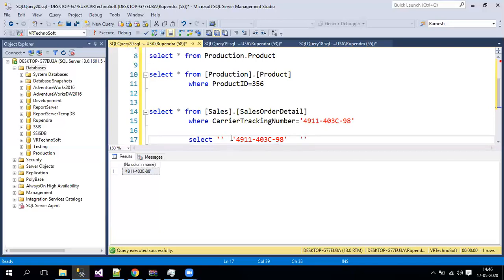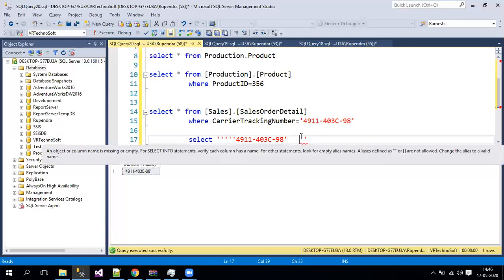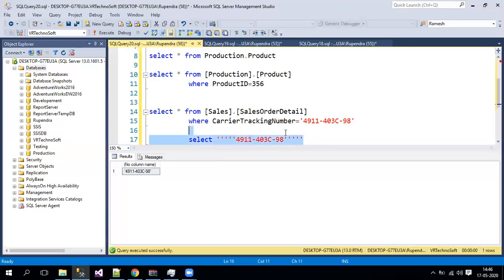So let me show you the string which I am passing, right? Now why I am putting single quotes again over here is, yeah, if you put these single quotes like this, now it will just convert into one quote, and it will get appended to my string. Yeah, that is how it will act. If I need one more quote here, again you need to put double quotes. Don't give any space, and one more double quote here. If you see now, you will get double quotes here. Which means to get a single quote on the left hand side, you need to put two.